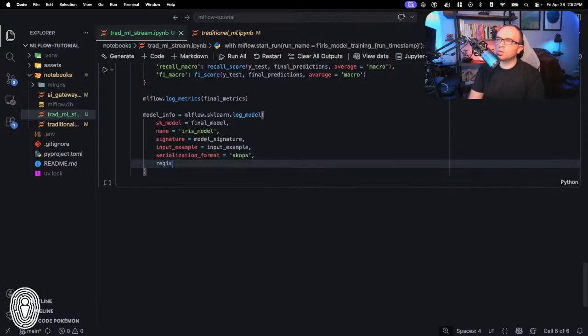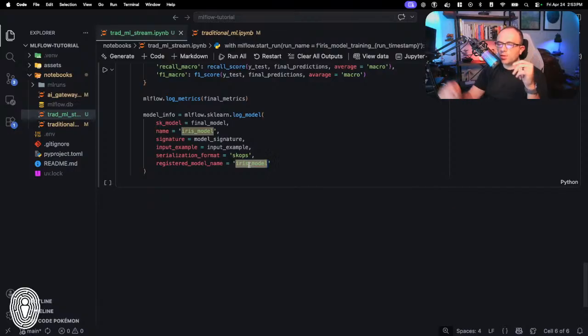And then we're going to do registered model name. Actually, no, that's fine. Registered model name equals iris_model. Now you might be wondering, what is the difference between name and registered model name here? Well, let's say I went back through and I ran this code again at a later point in the future. What MLflow also supports is automatic versioning of things. So basically we have this registered model name. So that's going to be the top level, if you will.